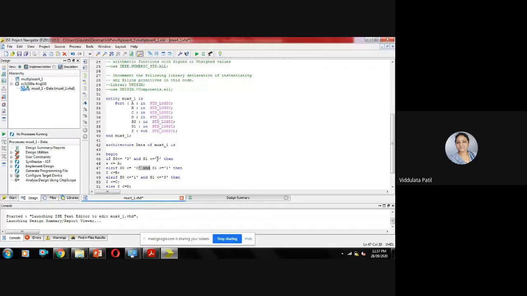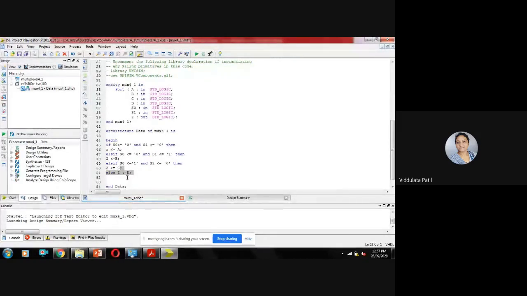Okay. Everybody agrees with this code? Is this the correct code? Yes.